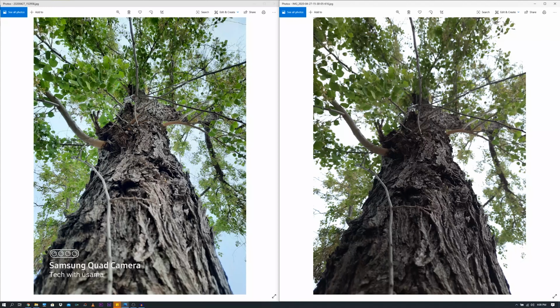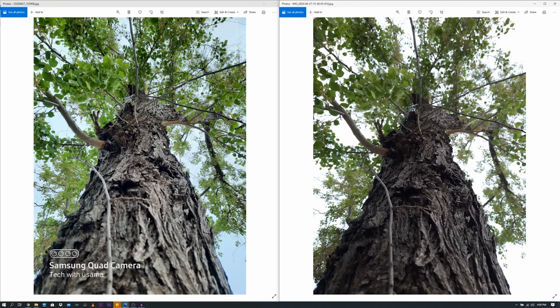Now here is another picture and this is solely meant for the details. The details are definitely way ahead on the stock camera application, and I have repeated several times that this is only because of a bigger picture on the stock camera application. The Camera Go application is capped at 12 megapixels for the rear camera, and this is not going to do a great job. Especially when you look at the dynamic range, it's completely messed up in the Camera Go application here, while the dynamic range is way ahead in the stock camera application of the Samsung Galaxy A51.